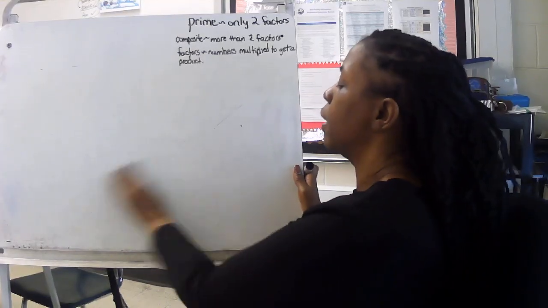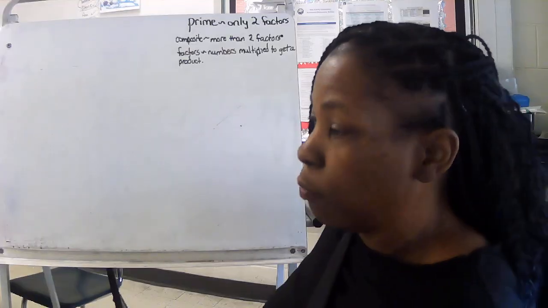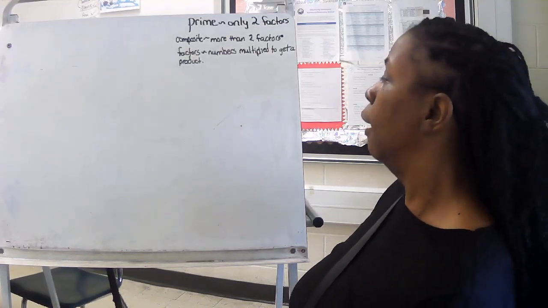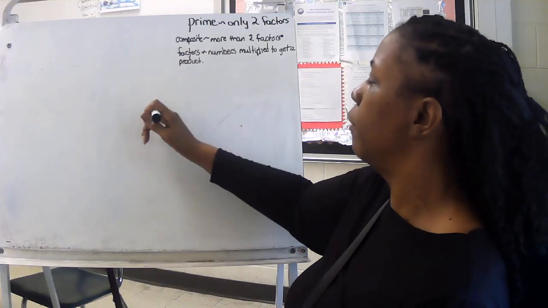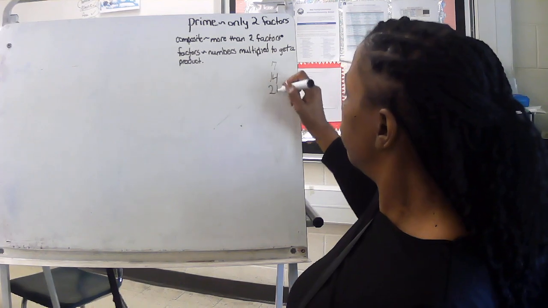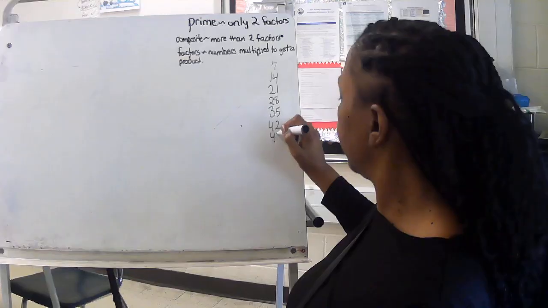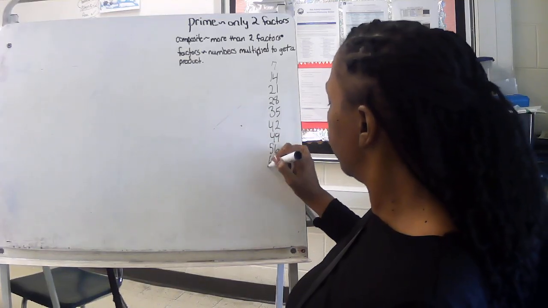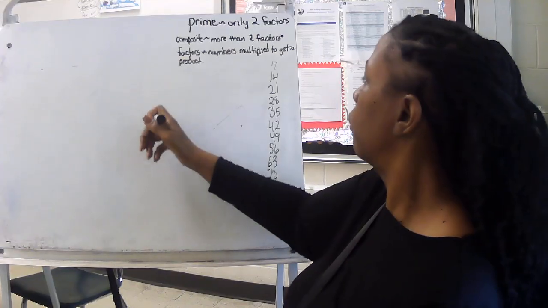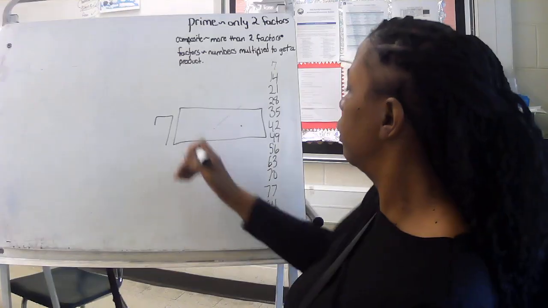Now we're still revising, we still want to go back to that division. We still want to make sure we have it solid because when we finish this unit, we're going into word problems with it. So now let's do some division. Let's do our multiples of 7: 7, 14, 21, 28, 35, 42, 49, 56, 63, 70, 77, 84. So I'm going to do 7 into